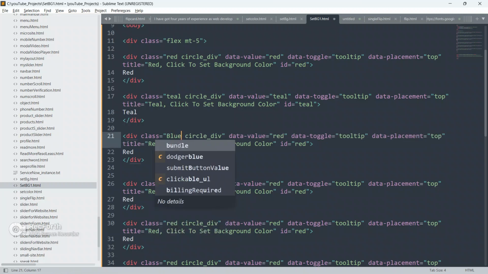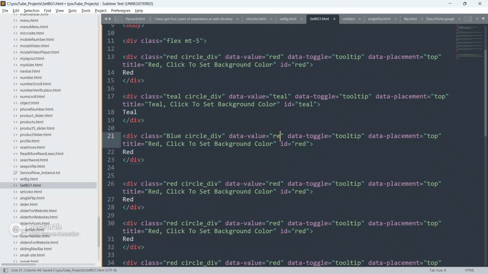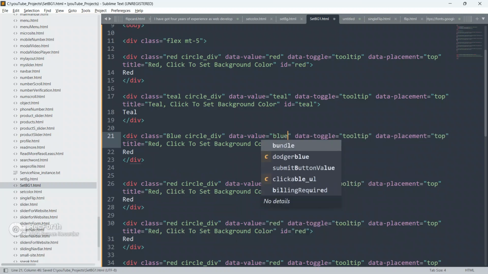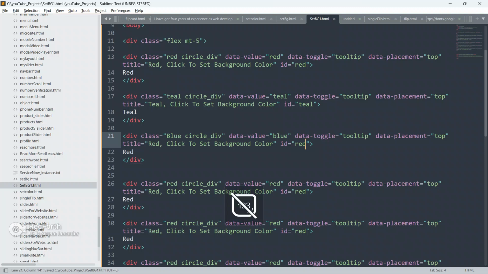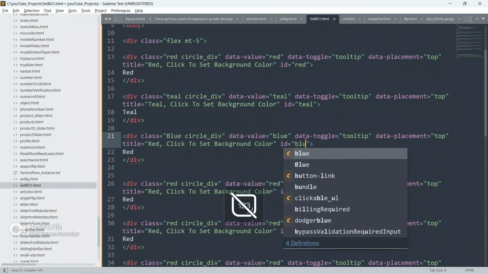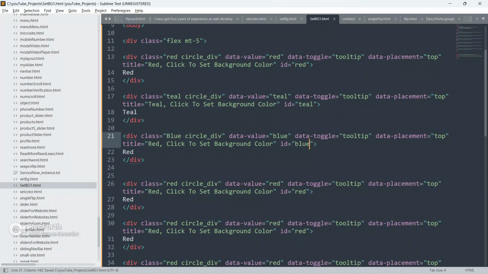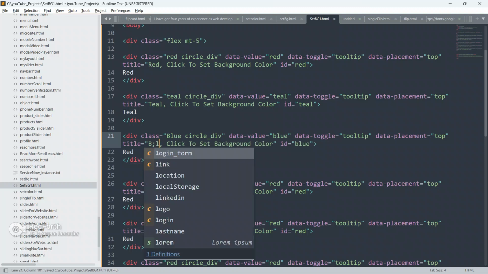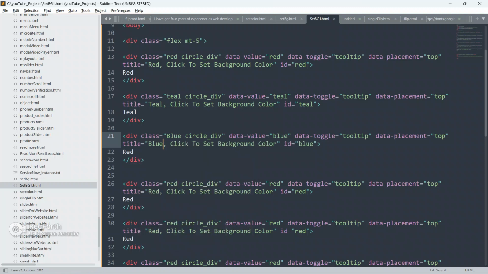Make this blue, give data value also blue, give ID also blue, and give this also blue, make this also blue.